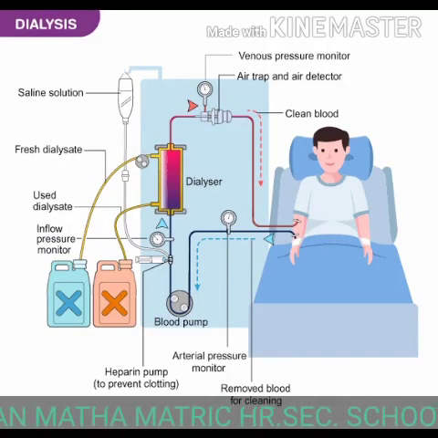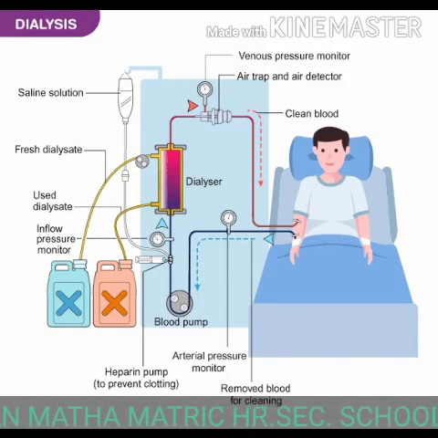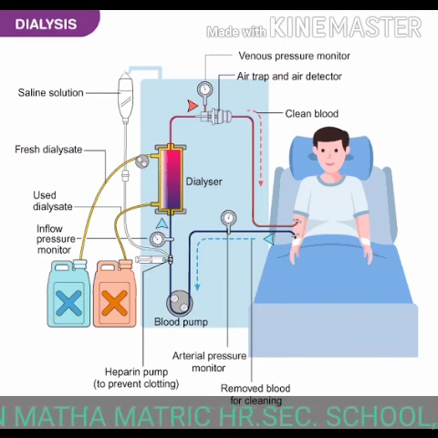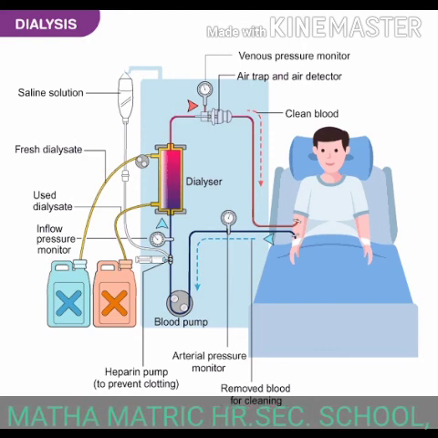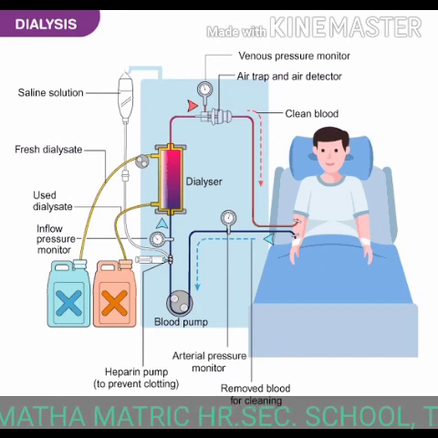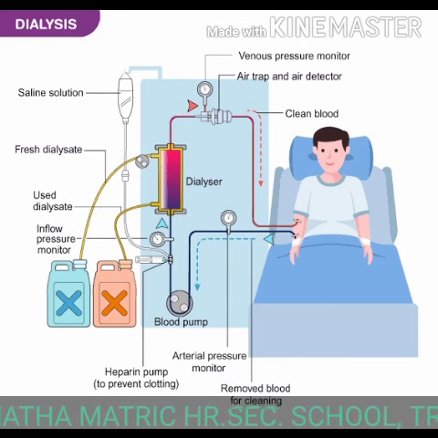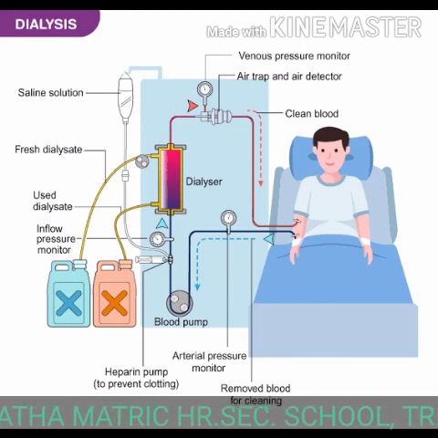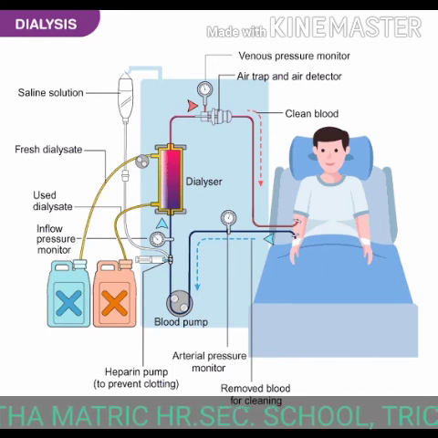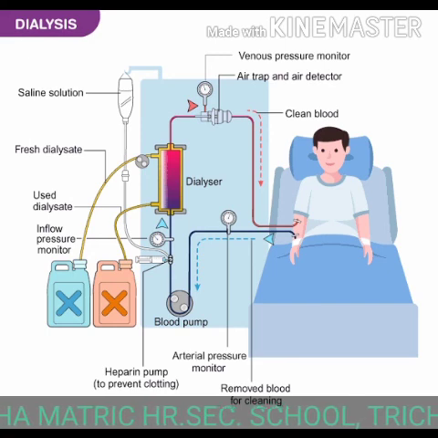Dialysis or artificial kidney. When the kidneys lose their filtering efficiency, excessive amounts of fluid and toxic waste accumulate in the body. This condition is known as kidney failure. For this, an artificial kidney is used to filter the blood of the patient. The patient is said to be put on dialysis, and the process of purifying blood by an artificial kidney is called hemodialysis.